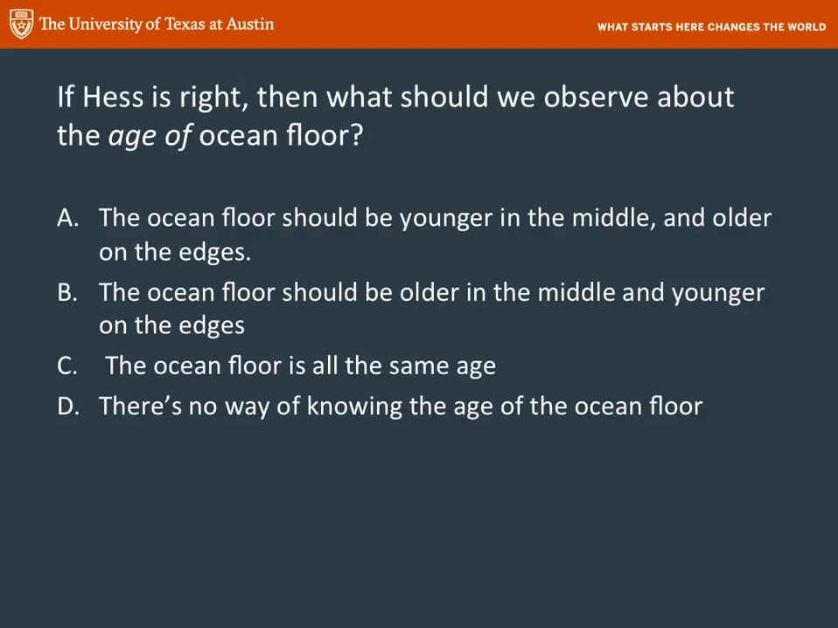So, do you think he's right? Well, this is where the scientific method comes in. If Hess is right, well, you have a theory, so we need to come up with a testable hypothesis. If he's right, what would be a decent testable hypothesis? Well, we should be able to see that the ocean floor is younger in the middle and older on the edges, right? Because new crust is being,